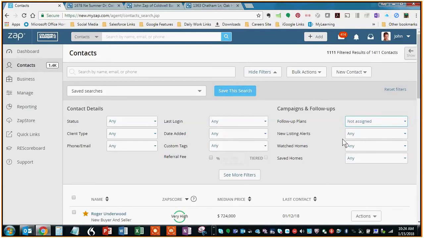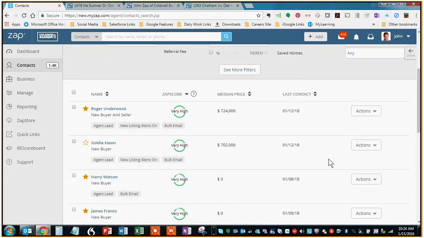Let's say we want follow-up plan not assigned, and we also just want to do leads, right? Maybe you just want to do leads, not SOI. So here's where you do that. You want to go to more filters. So I've got follow-up plan. You might notice as soon as I click that, it brought up